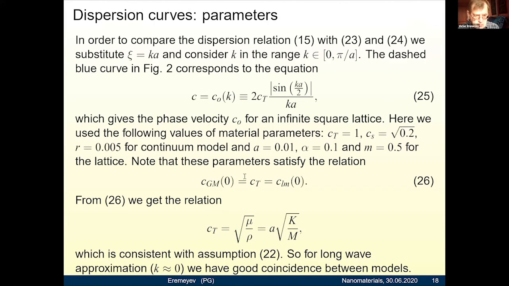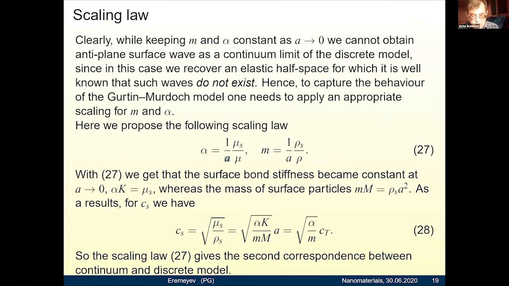If we don't make such assumptions, we are considering some continuum limit. The continuum limit means that when the lattice cell size goes to 0, we can forget about any surface phenomena because they will be negligible. And to keep them, we should do some kind of upscaling. In this case, we have some relations between lattice parameters and wave velocities in the Gurtin-Murdoch model. In fact, this is a relation between the continuum and discrete models. So having the parameters for one model, we can calculate the parameters for another model,